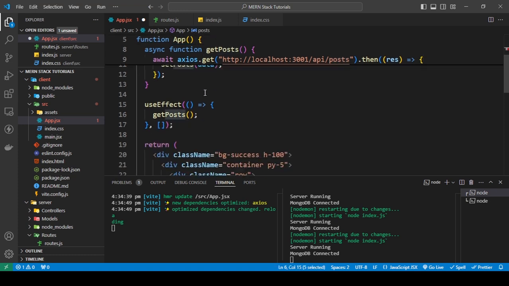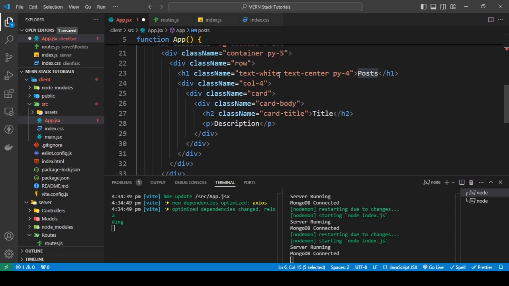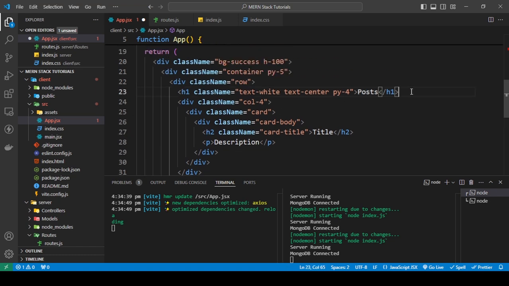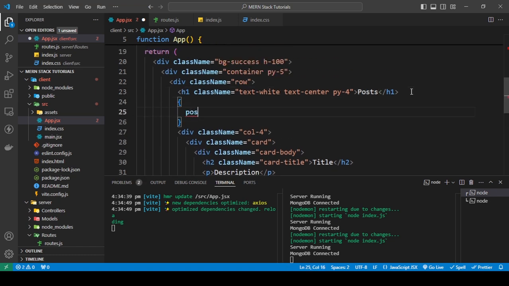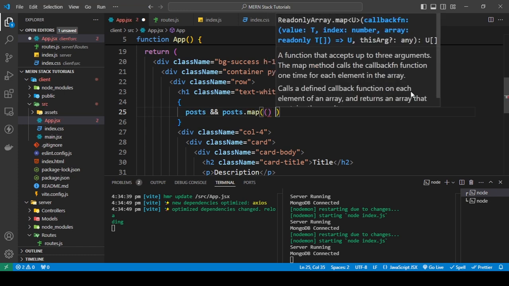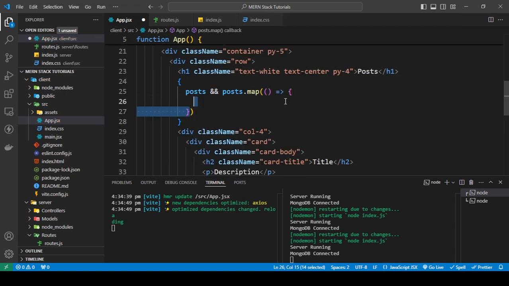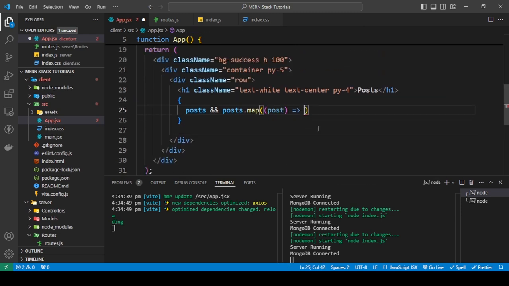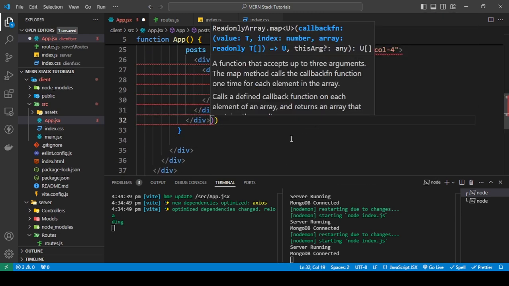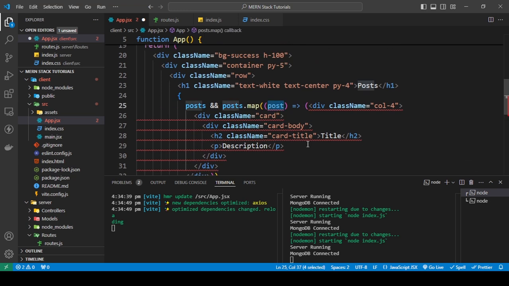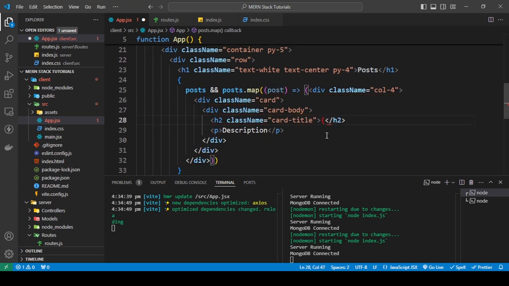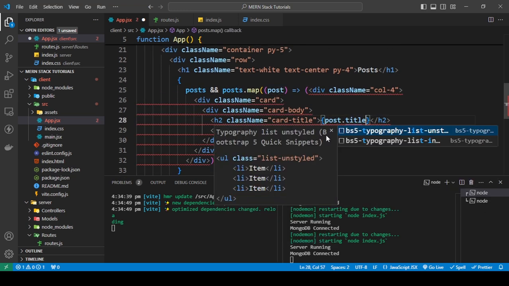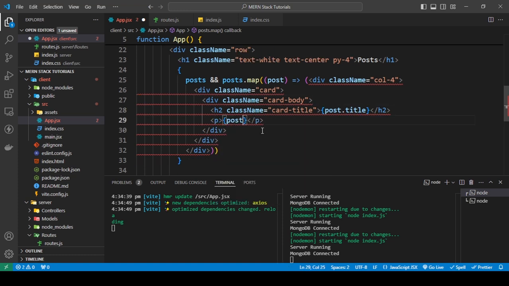Then what I can do here is take all of this, add this into this, post.title,